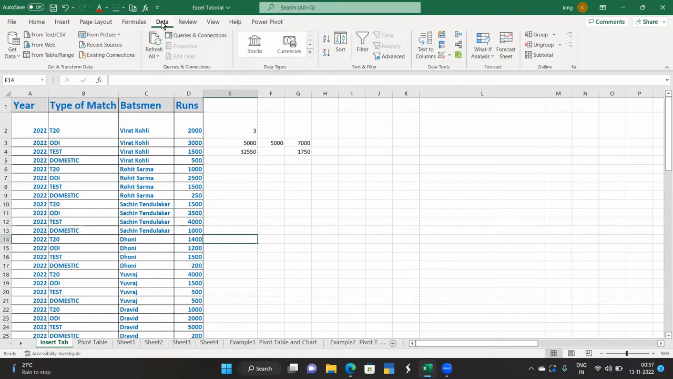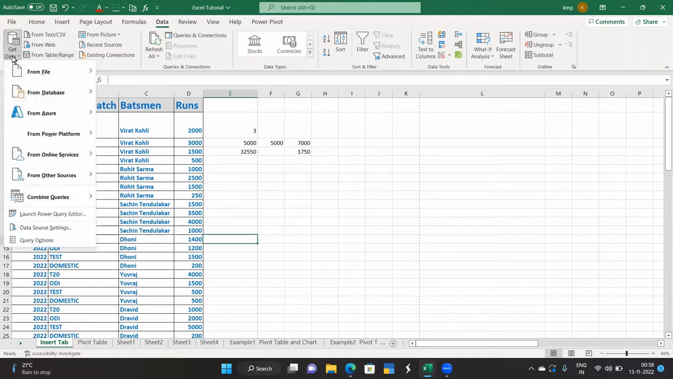In this tutorial part, we will be discussing the Data tab in Excel. In the Data tab of Excel, we have different groups like Get and Transform Data, Queries and Connections, Data Types, Sort and Filter, Data Tools, Forecast and Outline. So when we consider the first one, getting data from external sources,